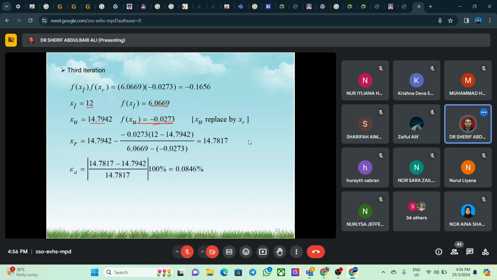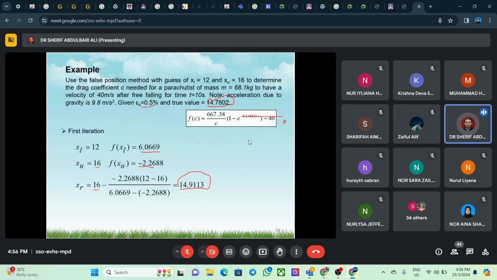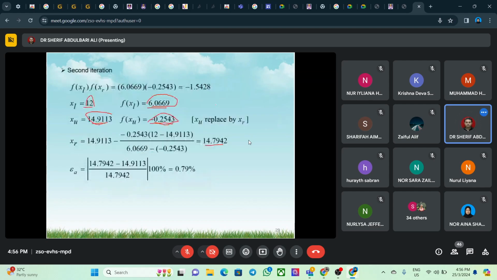So I get the answer of 14.78. If you look at this value, it is exactly the true value. So now when you're going to calculate the error, the new value of xr minus the old one over the new value of xr, the error is 0.08%, even less than 0.5. So this means this is the true value, almost we achieve it, and 0.08 is less than the tolerance value